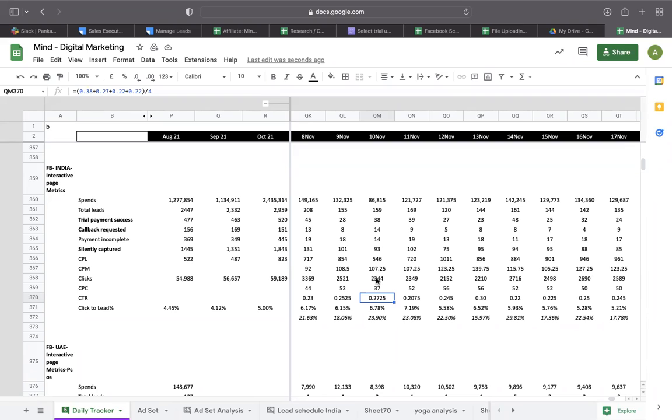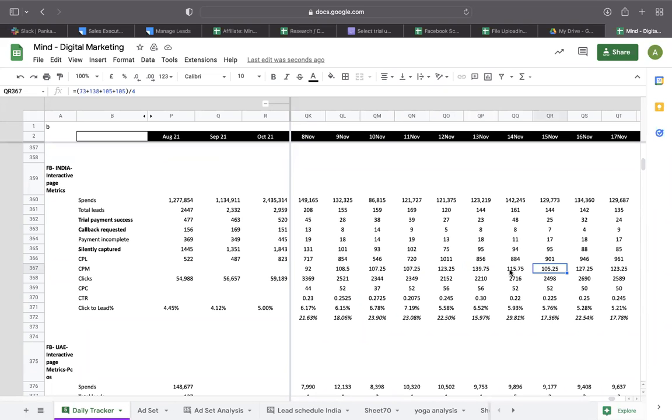So first of all, knowing what the problem is is very helpful, because if CPM was higher, then it means that my ad set is not working, or the audience that I'm targeting is not good. There are very few key factors that you need to figure out. Number one is CPM, then CPC, then CTR. With these three factors, you can analyze where the problem is and which problem you have to work on. So here the CPM is increasing, which means that I have to change the targeting. And here the CPM is down.